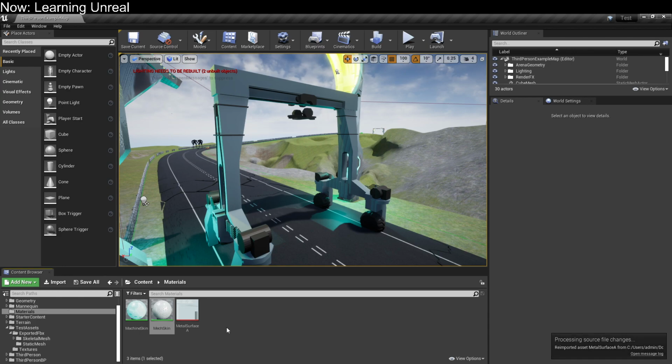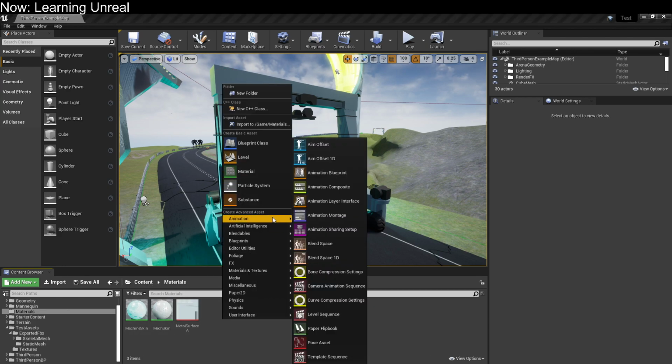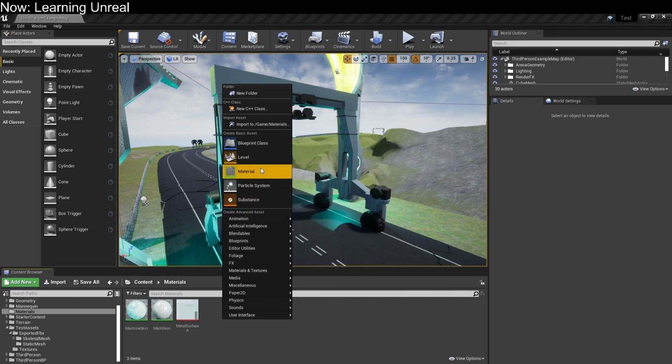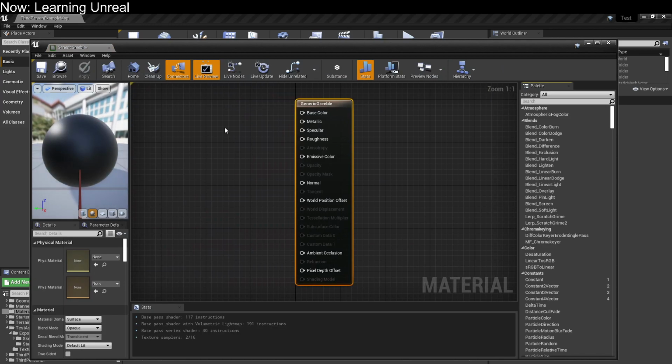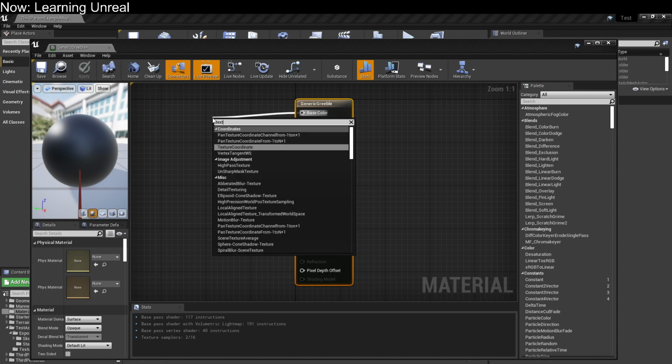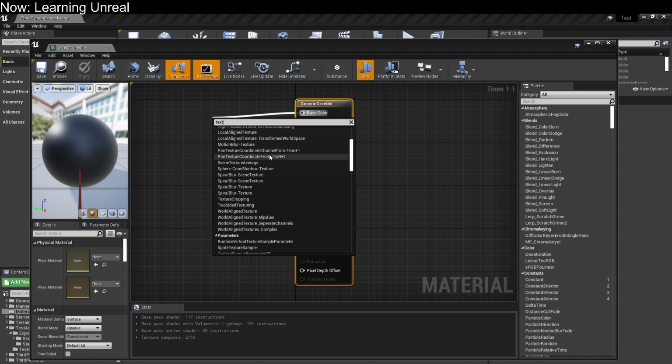Now we just have to make a material, so we're going to create another machine skin material, but this one's a little bit different. We're going to call this generic greeble. Open that up. We're going to want a texture. Can I bring a texture in like this? Texture coordinate. I would presume that it understands that I want a